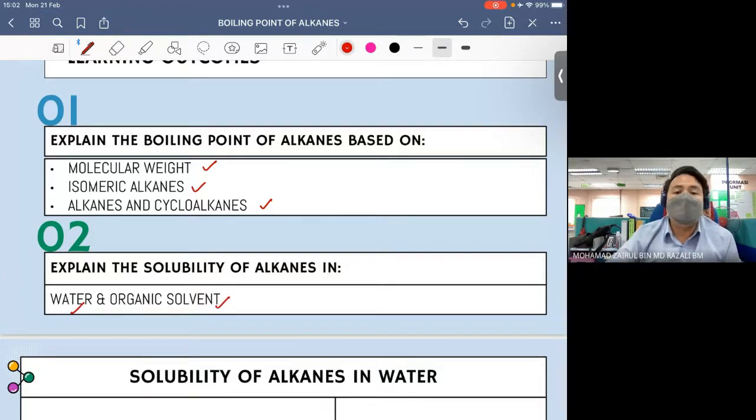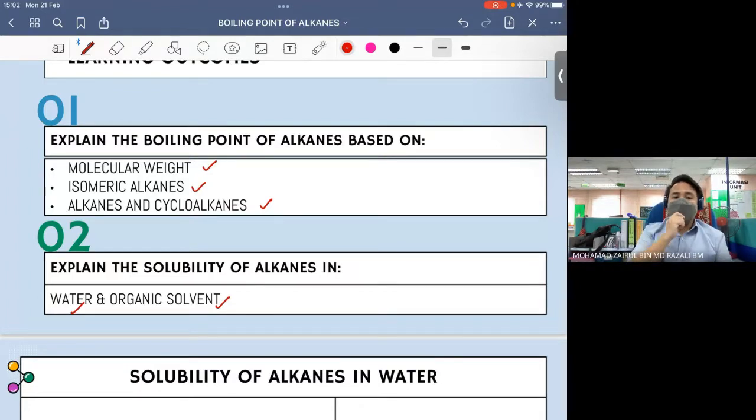So the second learning outcome is you should be able to explain the solubility of alkane in water and also organic solvent. For this part of the course, kalau dalam organic chemistry ada banyak question yang berkaitan dengan explanation. So awak kena compare different compound, compare dia punya physical property semua tu, and then awak kena be able to explain lah macam mana. So normally for this kind of question, kalau untuk explanation ni markah dia selalu dalam 3 atau 4 markah, which is quite a lot lah. The explanation, so awak kena tahu what is the point that you need to include and how to explain. Macam mana kita nak explain tu.